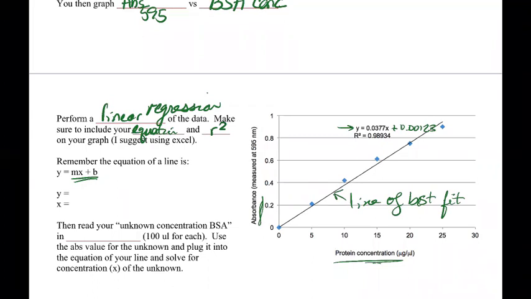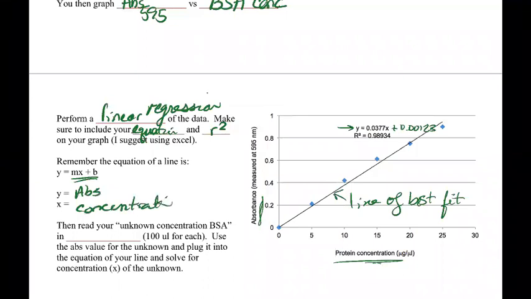It's really easy in Excel. If anybody needs help with this, you can ask me. But Excel is super easy, and then you can just print it out and tape it into your lab notebook, right? So you remember the equation of lines, y is equal to mx plus b. So if you put the data in like this, y should be your absorbance, and then x should be your concentration,